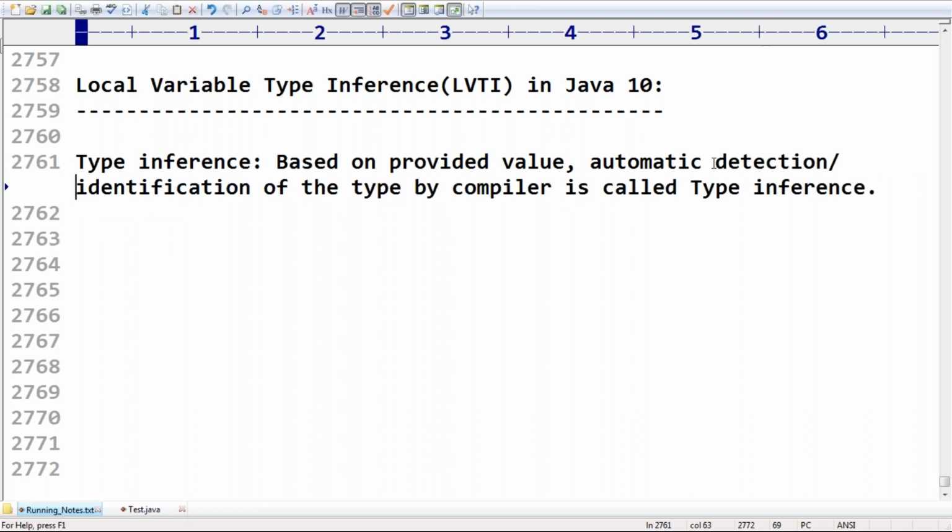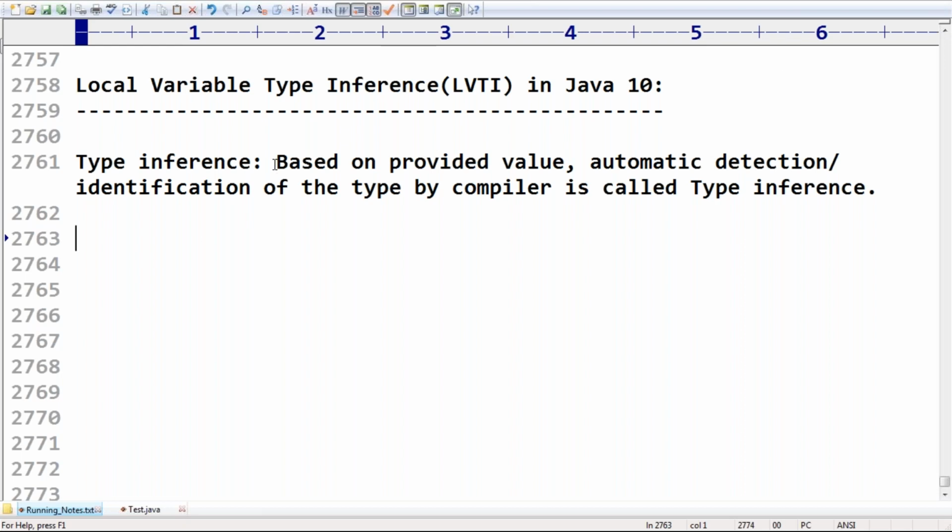Automatic detection or identification of the type by the compiler is called type inference. Based on our provided value, the compiler can guess the type automatically. Any doubt about this one? Yes, friends, that is type inference.